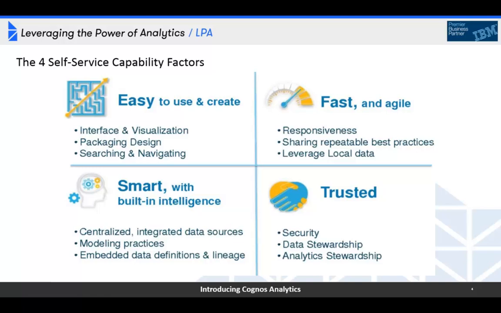And then trusted gets us right back to this governance component. The results of my self-service activities need to respect security, need to be subject to some level of data stewardship, and the outcome, the analytics, the operations I perform against that data need to be subject to some level of stewardship. Not so much that they get in the way and no longer give me the benefits of being self-directed and self-sufficient, but enough so that the results of my analysis are trusted. So easy, fast, smart, and trusted, those are the watchwords, the keywords for any platform that purports to be supporting